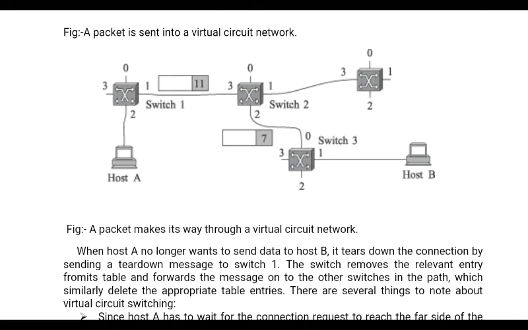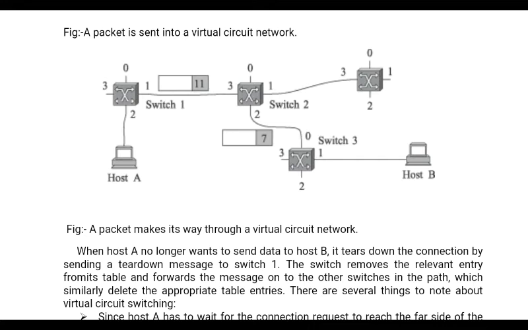Host A is going to send it to switch 1, switch 1 is going to receive this, and since the destination host is B, it is forwarded on port number 1. Similarly, switch 2 is going to receive this and then send it on. Each one is only keeping track of the incoming interface, and no particular entry has been made there yet. Is it clear?